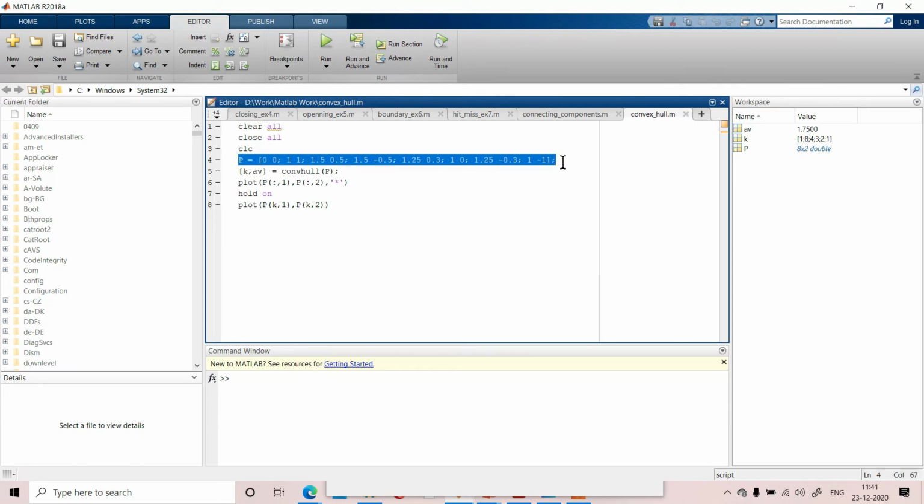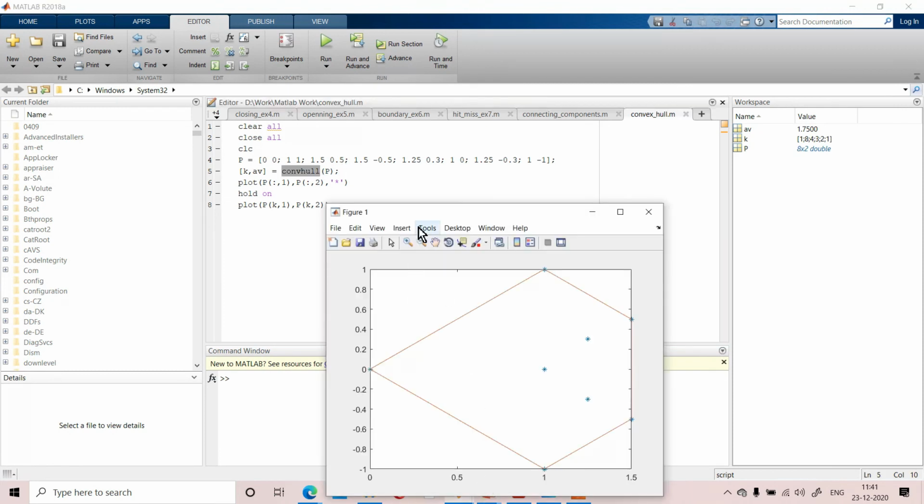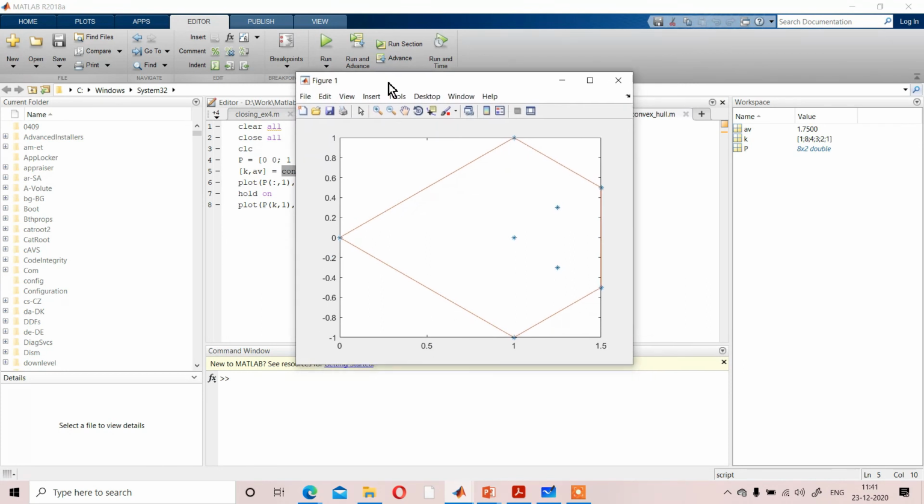You can consider 1000 number of pixel position. Just for example, I have considered 8 number of pixel position, and over that I have drawn the convex hull. It's the simple code. Just CONV hull, if you consider, it will give you the convex hull, or you can write your own code also. So that will give you the result of convex hull. Okay.